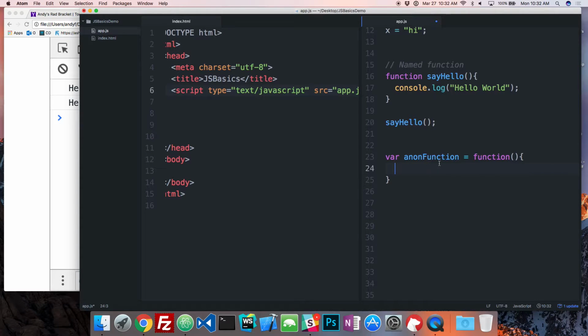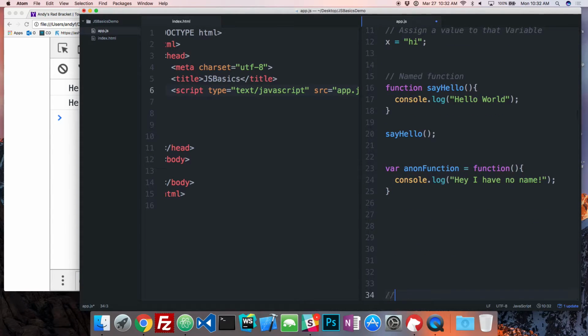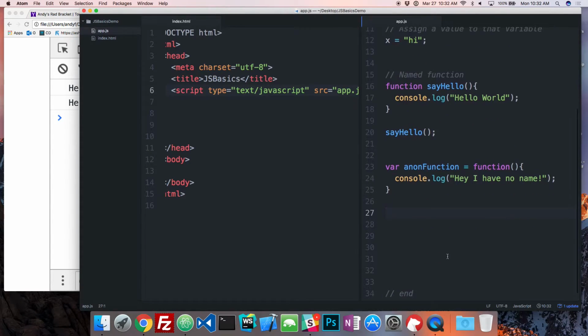Whatever I put in here, let's say we're going to console log, hey, I have no name. So now, this function is an anonymous function. It's anonymous because this function itself does not have a name. The only way I can call this function is if I save that function in the variable that has a name.